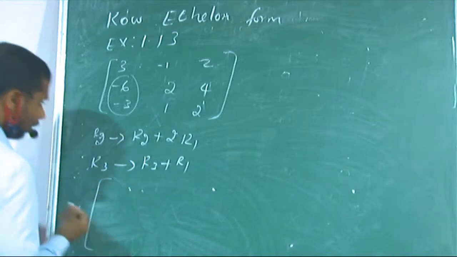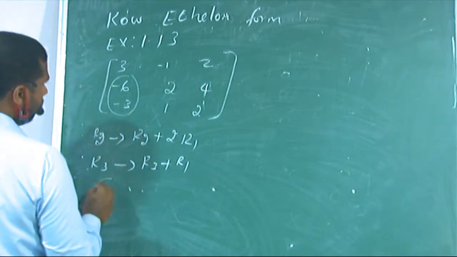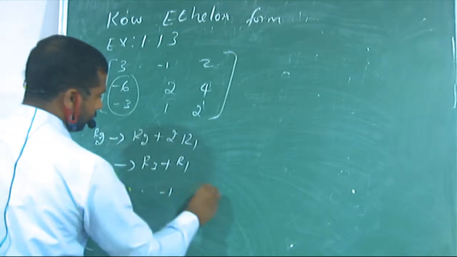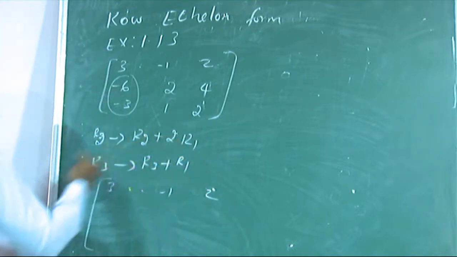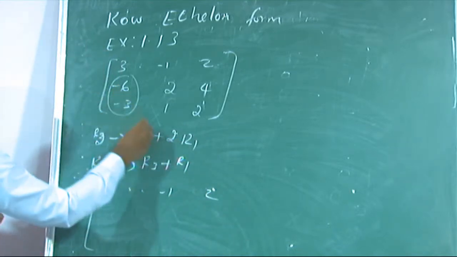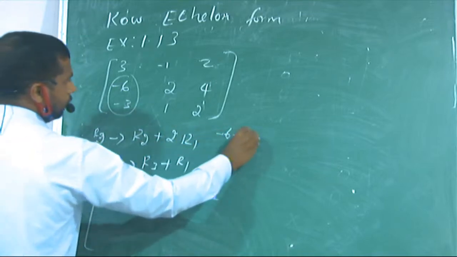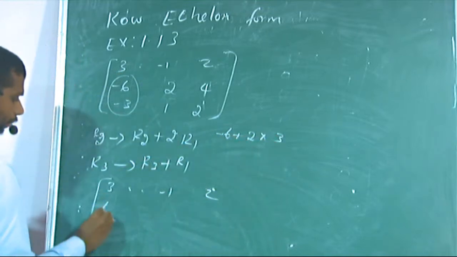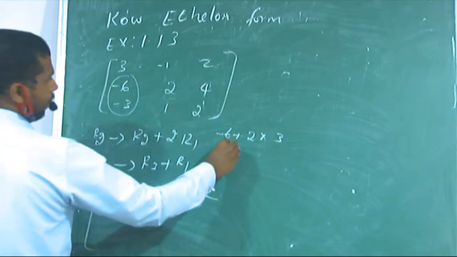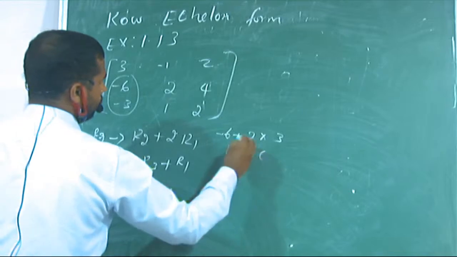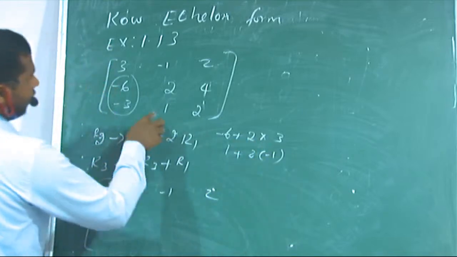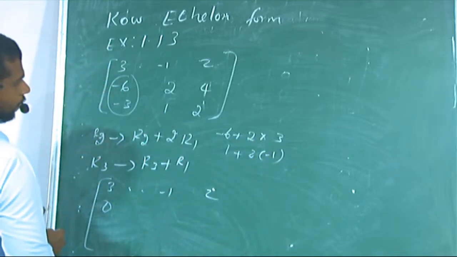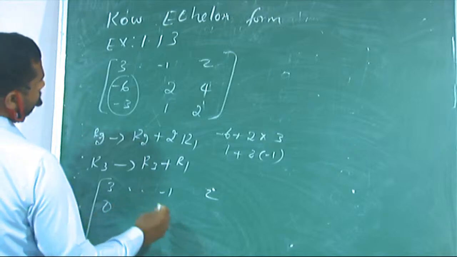What will happen? R1 as it is. What is R1? 3 minus 1 2. Then R2 plus 2 into R1. Minus 6 plus 2 into 3 is definitely minus 6 plus 6, which means 0. Next term, 1 plus 2 into minus 1. What is the term? 1 minus 2. So the value will be,